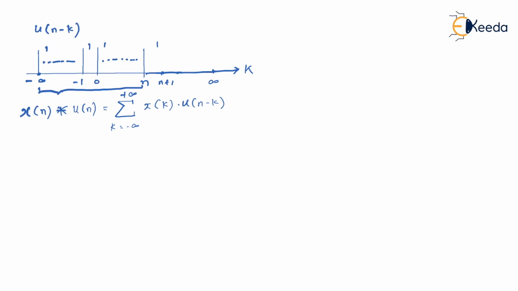So what I'm trying to do is divide this summation into two parts. In the first part I'll take summation from k equal to minus infinity to n of x of k u of n minus k, plus the next summation. Naturally after n, I can write from n plus 1 up to positive infinity, because otherwise I had to cover from minus infinity to plus infinity. So I'm just doing it in this way, x of k dot u of n minus k.